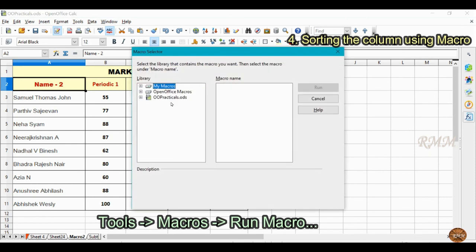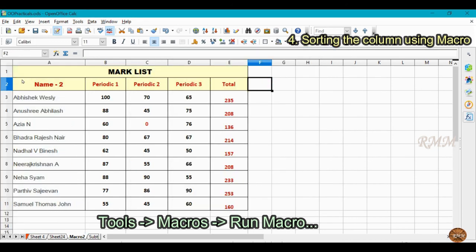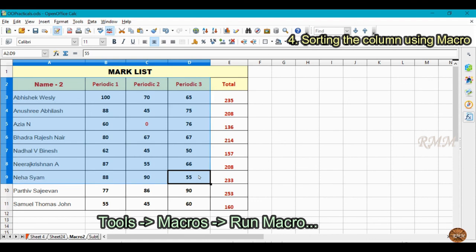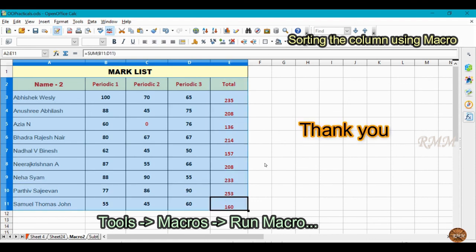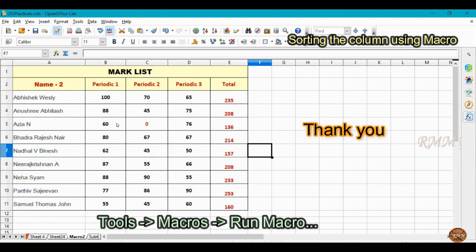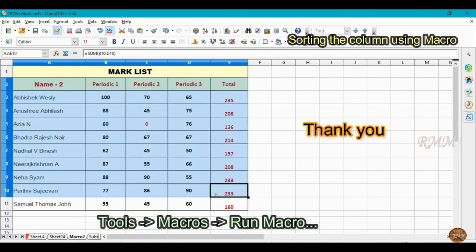So this dialog box will open. Locate your macro. My macro is under module 2 and sort is the name of my macro, and click run. Now you can see that once again this table is sorted based on the students' names. So in this way we can automate our work using macro.